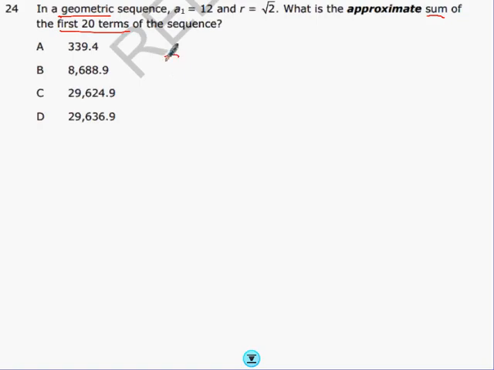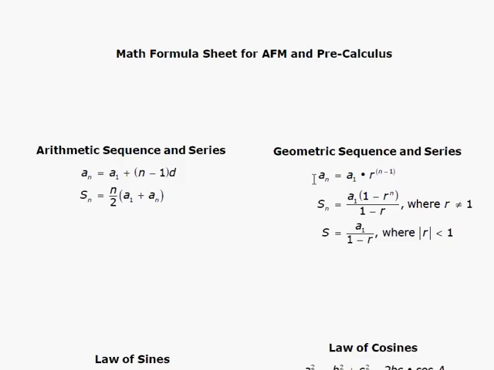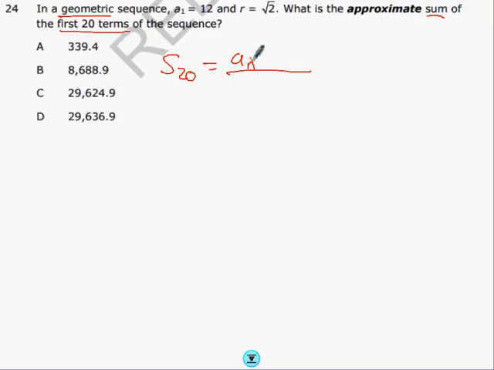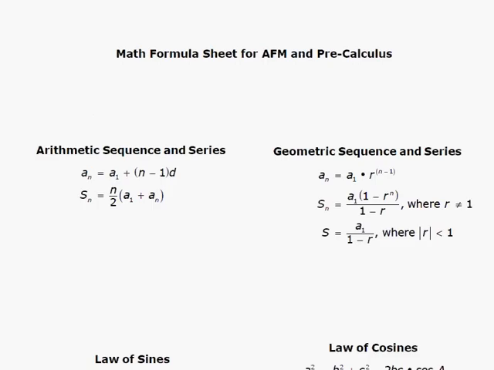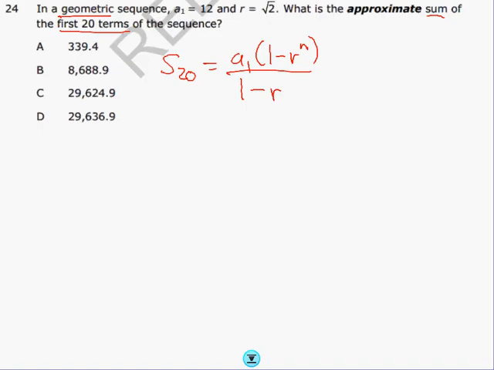Okay, so the sum of the first 20 terms is going to be, I've already forgotten, A sub 1 times 1 minus R to the n over 1 minus R. I'm going to check one more time to make sure I got that right. Yeah, where R is not equal to 1. R is not equal to 1, it's the square root of 2. So we're going to plug this in. A sub 1 is 12. 1 minus R, which is the square root of 2, to the power of n, well, it's to the power of 20,